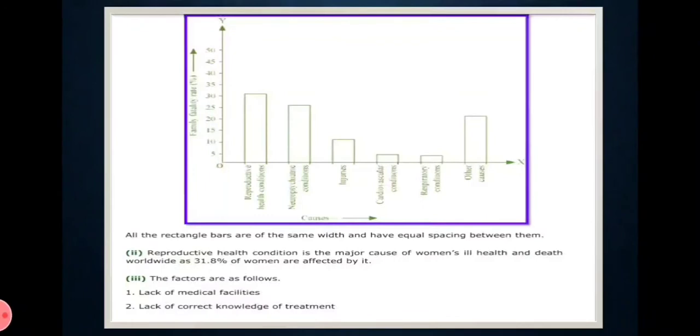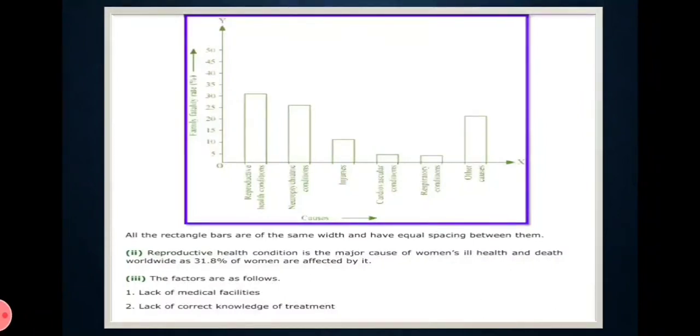So on the x-axis, every alternate box you have to write the cause, and on the y-axis you will take the female fertility rate. You will start from 5 and take a difference of 5, that is 5, 10, 15, 20, 25, 30, 35, 40. You have to mention properly what we have taken on the x-axis, that is the causes, and what we have represented on the y-axis, that is the female fertility rate in percentage. After marking all these things on the x and y axis, let's now make the bars of the bar graph.